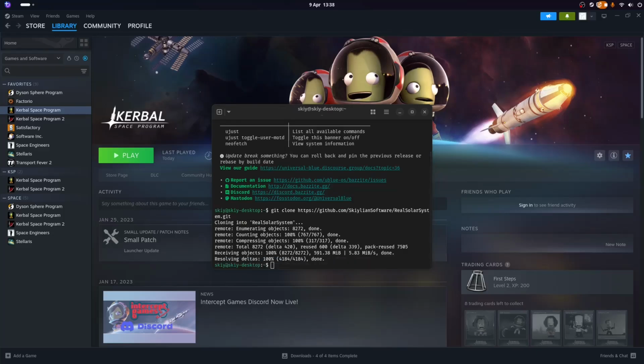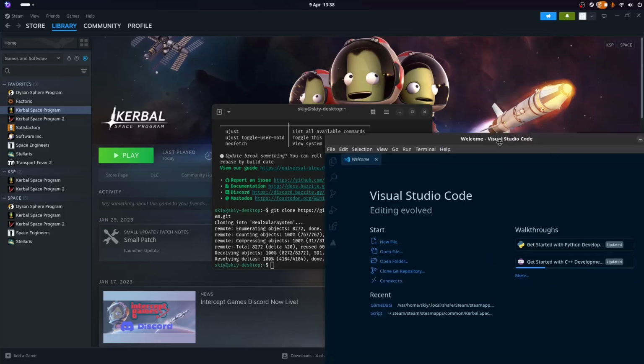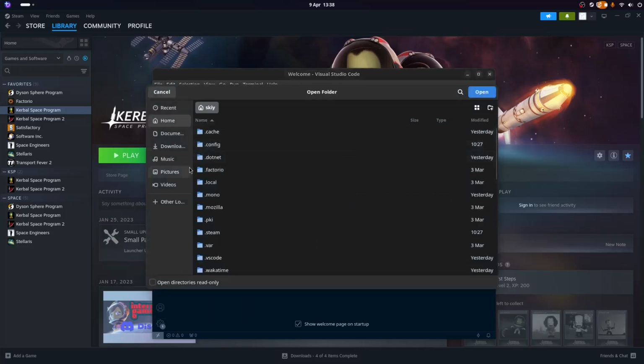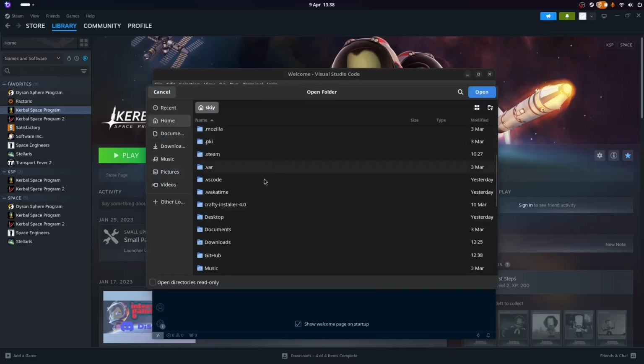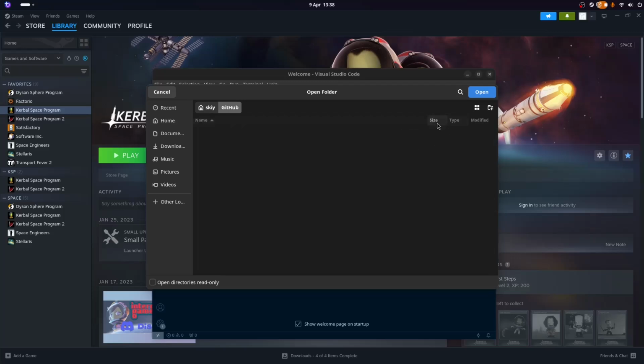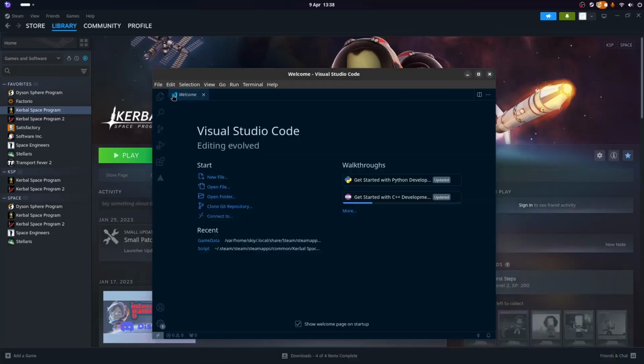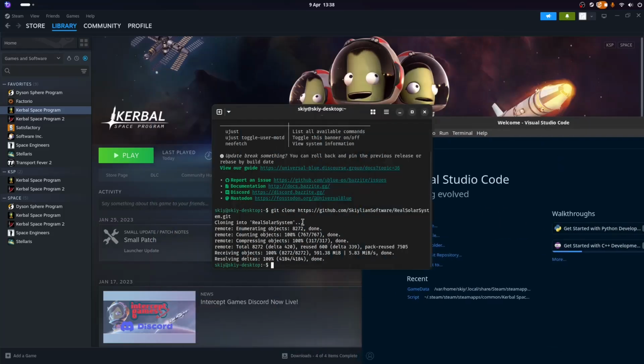There we go, excellent. So now I can open up a new VS Code window. Here we are, and we can open up that repo, which is in Home, GitHub. Why is there nothing there?